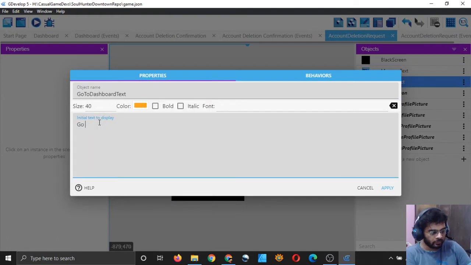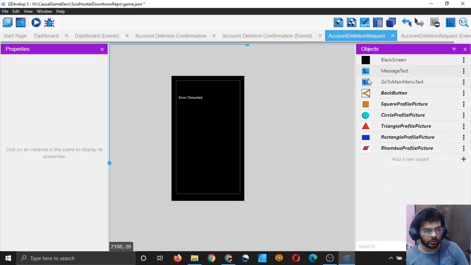It will read go to dash, no, not dashboard, I think main menu, because when you have deleted your account you will lose your dashboard also. Main menu, go to main menu text, and it will say go to main menu because you have no other option after deleting your account.